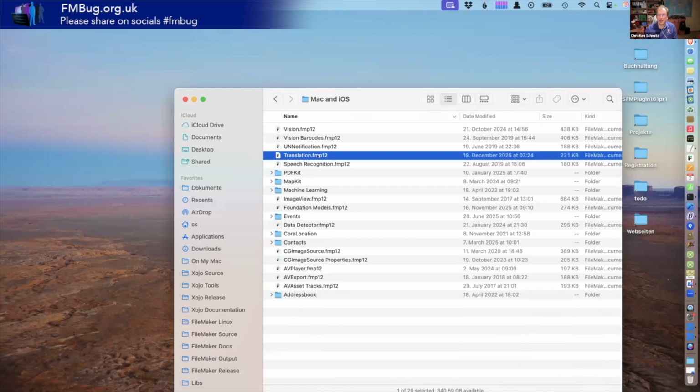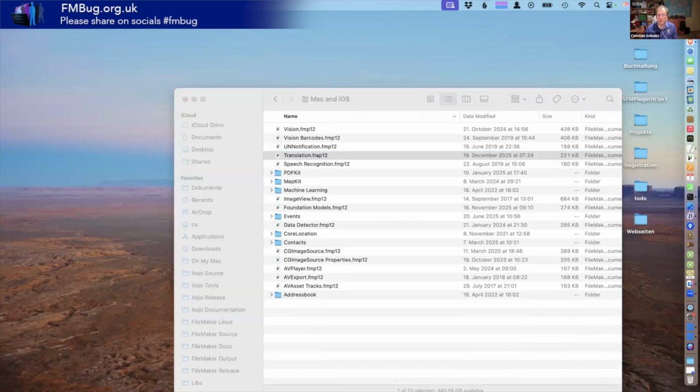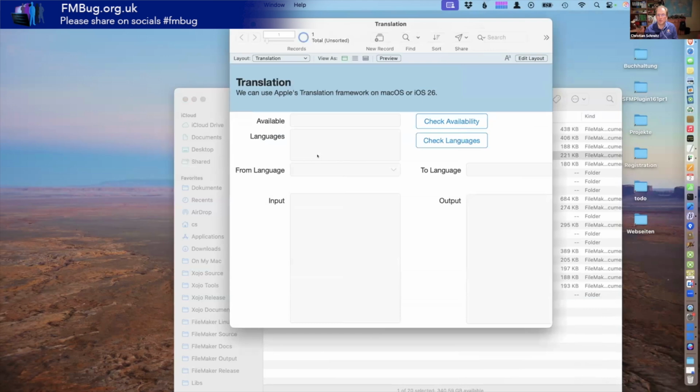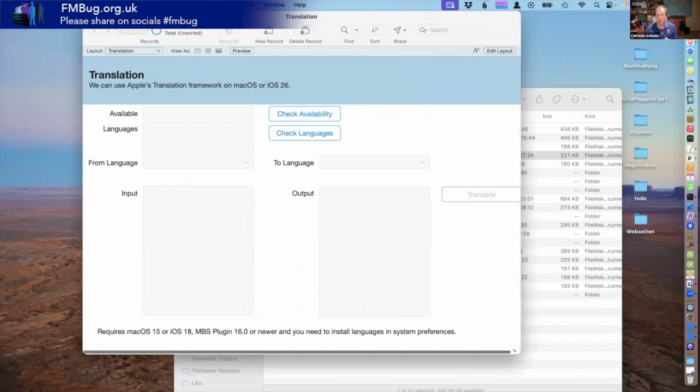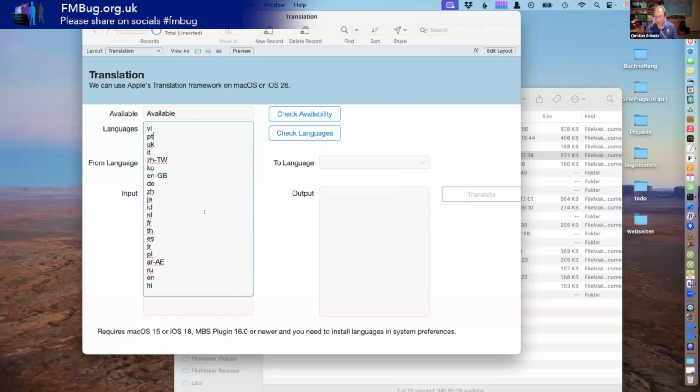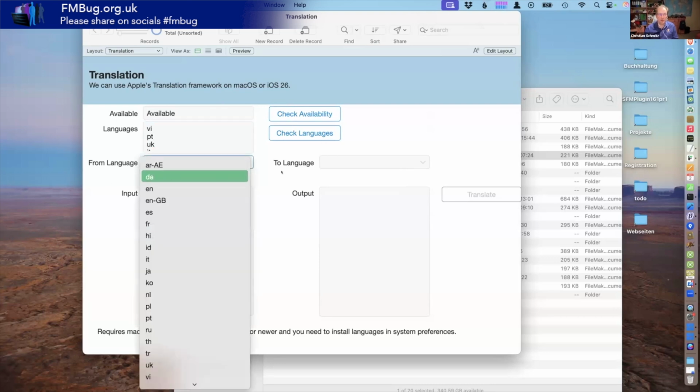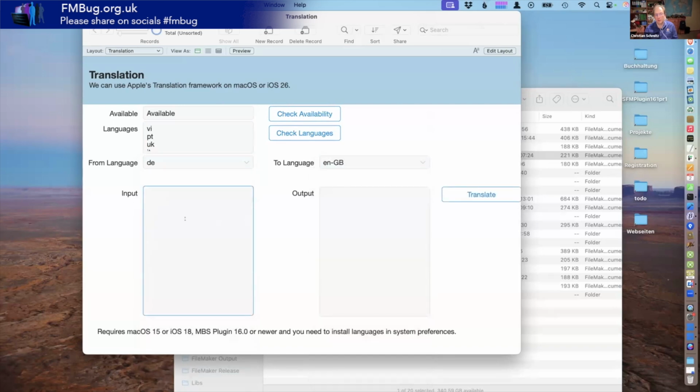There is a new translation API included with macOS 26, and it turns out it was there a version before. So if you have a need for local translation using Apple's frameworks on Mac or iOS, you can use them on device free of charge. They come with a couple of languages like English, British English, as well as German. So we can do some translation. I can pick a source language and a destination language and say,